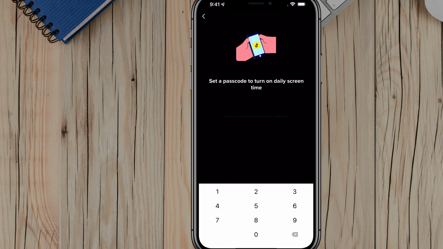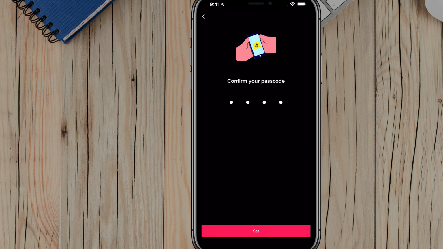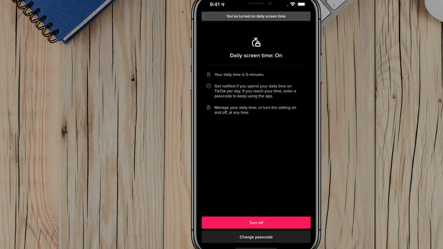So basically this allows us to have the code that you're not giving to the child or teenager or whoever's using this TikTok account. That way you know what the code is, and you understand that you are the only one who can change these settings. So go ahead and set a passcode, and you can do that the first time you start tweaking any of these settings. As you see here, the daily time is 0 minutes, daily screen time,